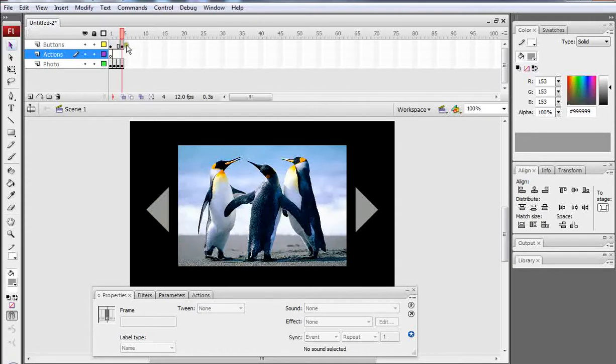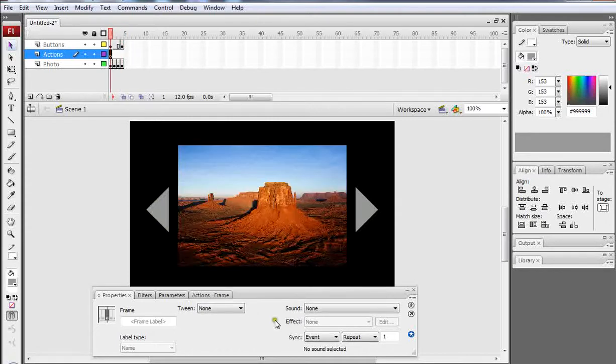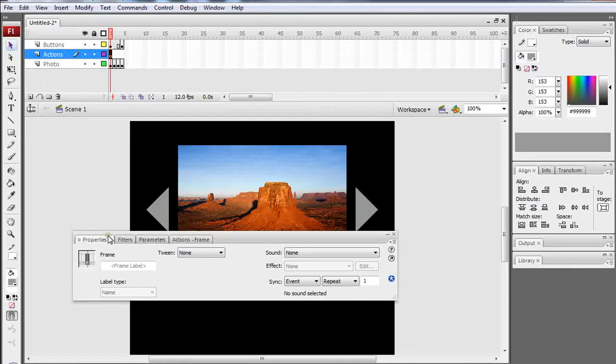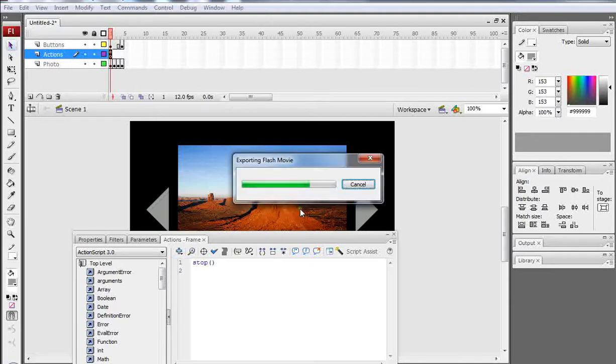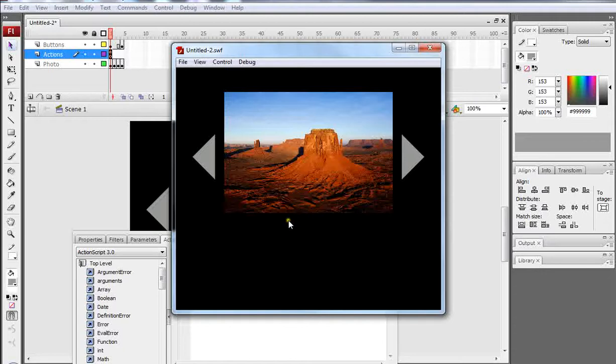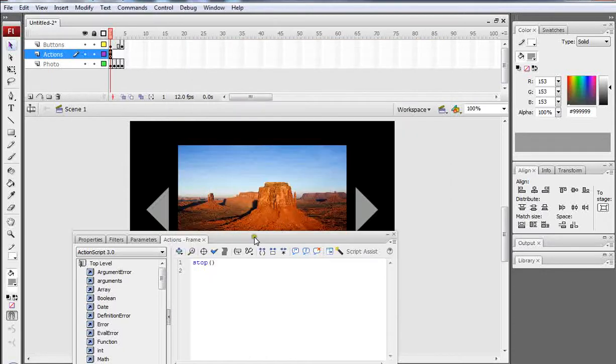So the first thing I need to do, click on actions, and then in this option here, action frames, I now need to put my coding in. The first code needs to be stop, open brackets, close brackets. Now if I was to play that, it will stop on the first frame. I'll just show you here. There you go. It's stopping on the first frame because I've told it to stop and not play as a movie. After that, if I press enter twice, I now need to go into